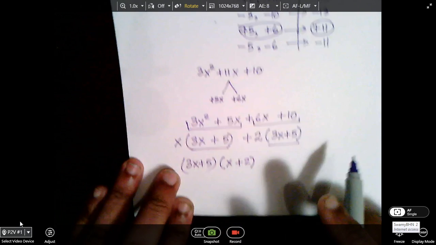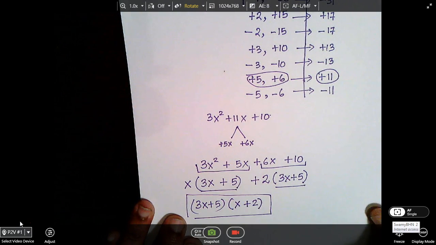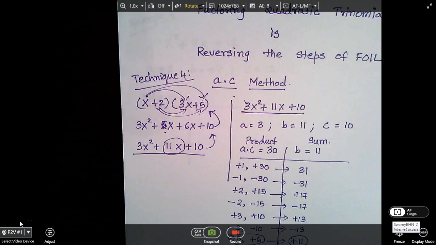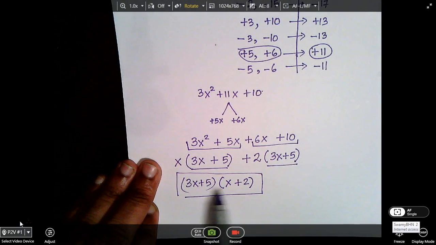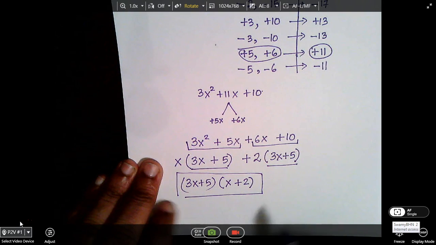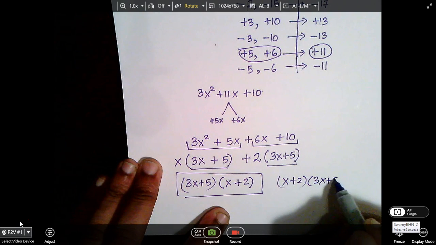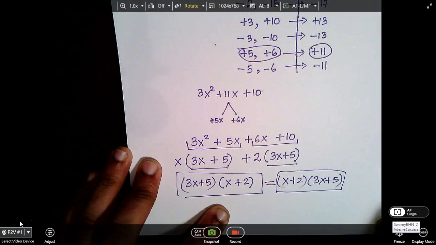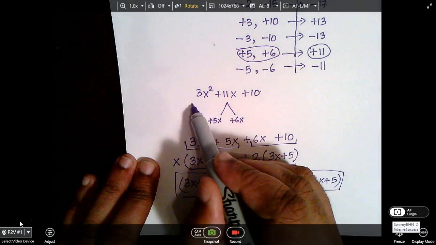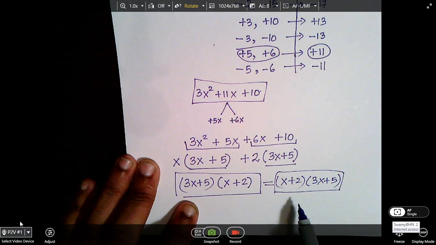So I started from here and I've got my two factors. If you look back at our problem, it was x plus 2 times 3x plus 5, which is what we have, x plus 2 times 3x plus 5. So whether I write it this way or this way, we know that it's one and the same because of the commutative property of multiplication. So I started with my trinomial and I went back to my linear binomial factors. So that's factoring